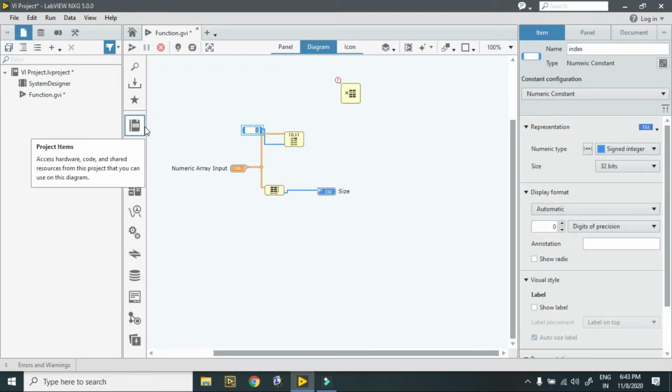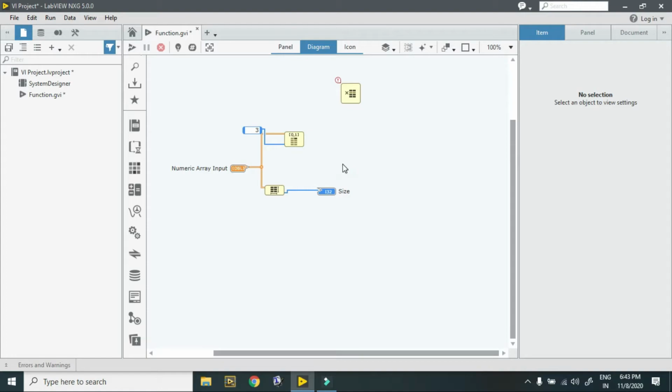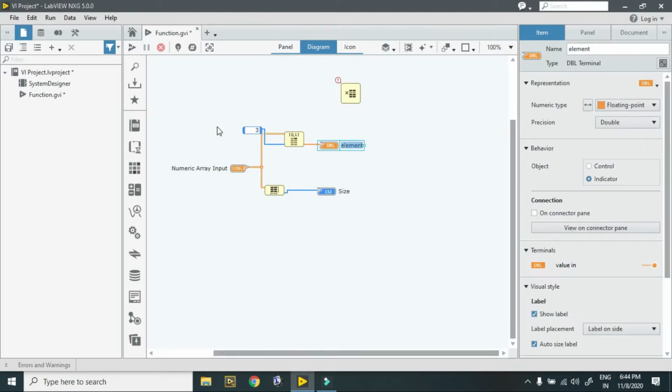Right now I want to check the third element. Not third, it is my fourth element, because indexing starts from 0. So this gives me the fourth element. Over here I have an indicator. This is the element at the fourth position.